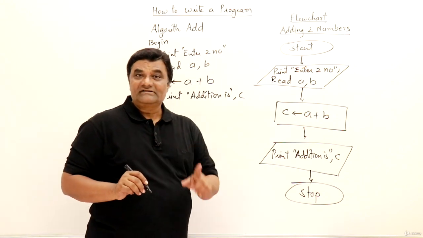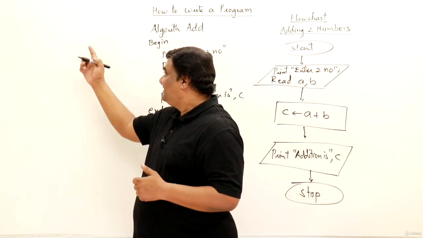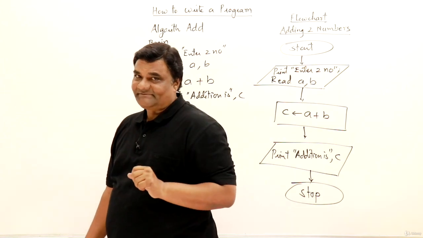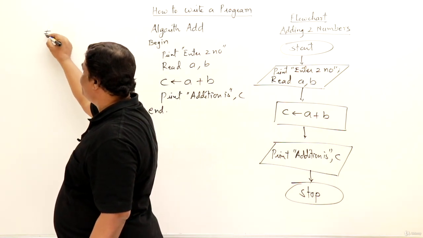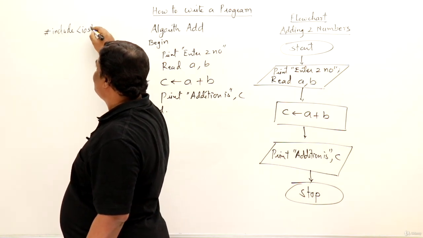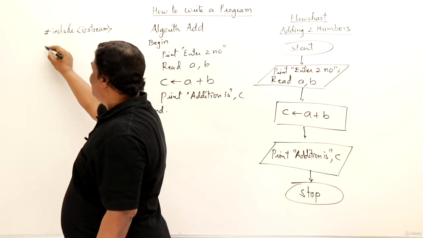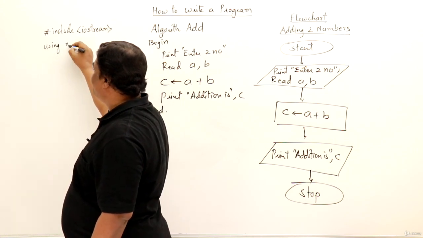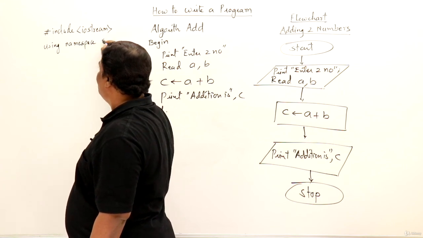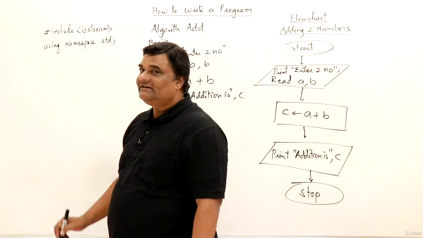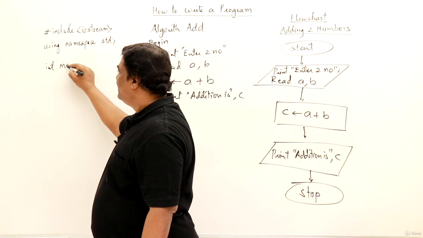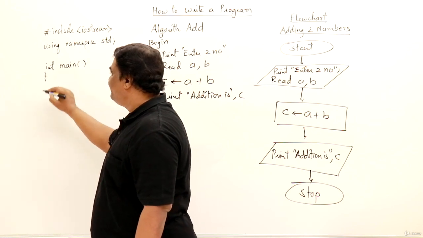Now, next I have to write a C++ program for adding two numbers. So here I will write a C++ program. First of all, I will write the skeleton of a C++ program. For that, I have to write hash include iostream, right? This is the thing that we have already learned. Then I have to write using namespace std, because whenever I am using cin and cout, this will be useful. Now the main function, int main, and the start of the main function.